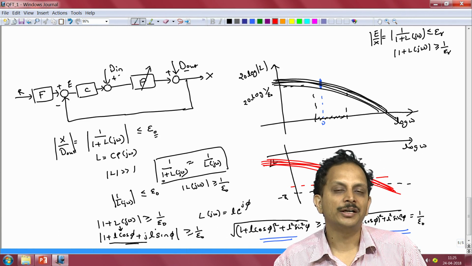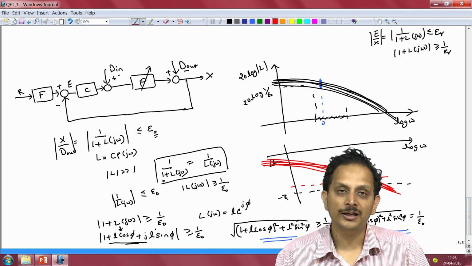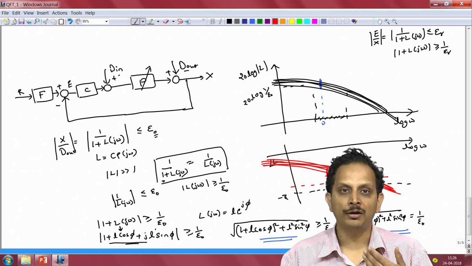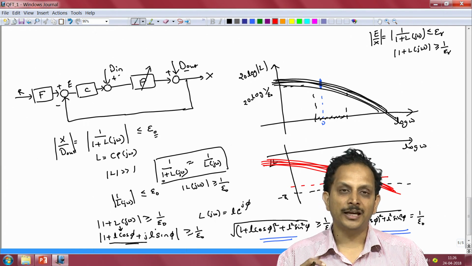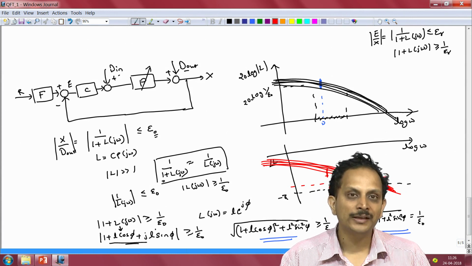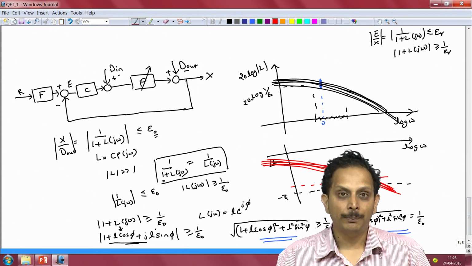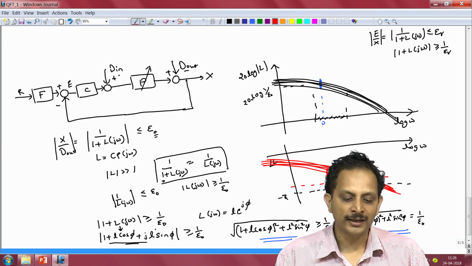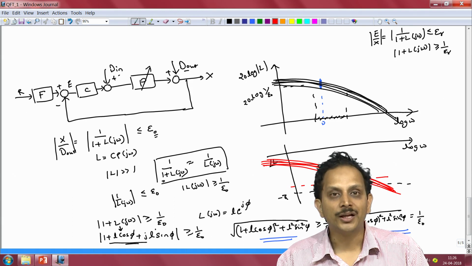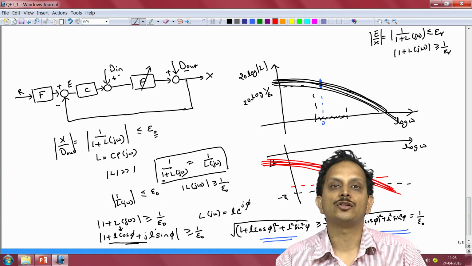Now, let us briefly revisit the plot which in the beginning we argued was a little inferior to the Bode plots when it came to performing control design, and that is the Nyquist plot. What we will see ironically is that despite the Nyquist plot of a certain transfer function being non-intuitive, and despite the fact that the Nyquist plot of the controller times the plant may not be easily visualized if you are given the Nyquist plot of the controller and the plant separately, when it comes to depicting the constraints imposed on the loop gain by the different performance specifications, the Nyquist plot outdoes the Bode plot in terms of its ability to depict these constraints in a transparent manner.